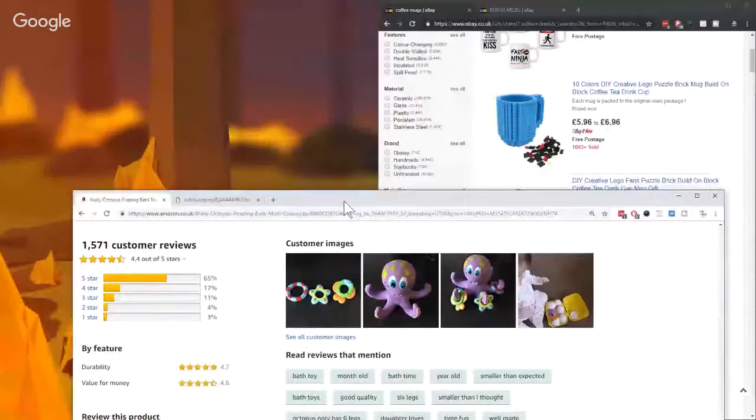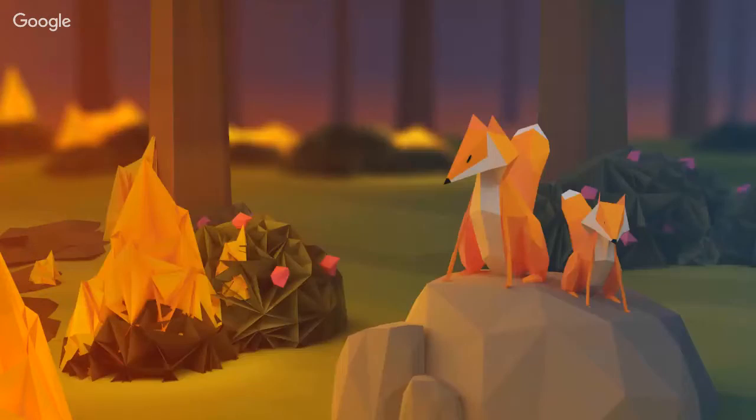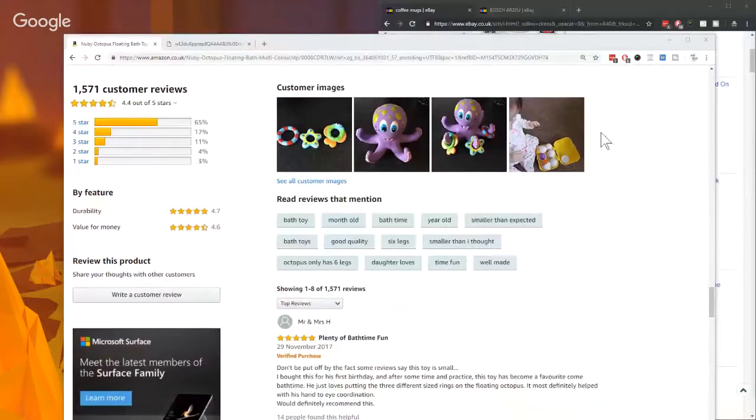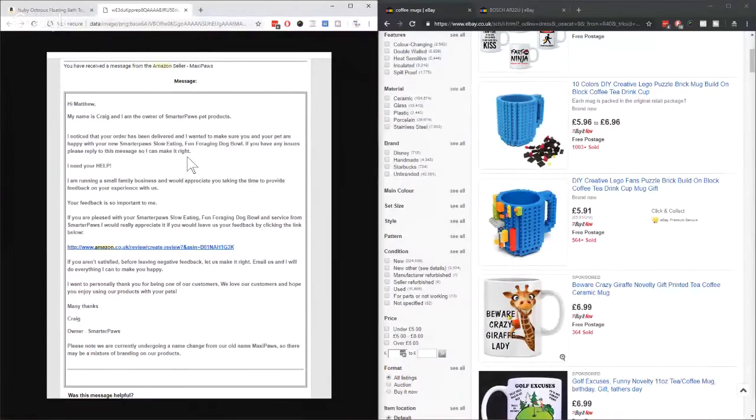So if we go back to that image, which we had a few moments ago, which was down here somewhere, which I've now lost. No, I've lost it. Oh, sorry, it was on that tab just there, my bad. So that is exactly the reason why Craig is asking for a review on the product, because it's vitally important, because the short answer is that the more reviews a product has, the higher chance that the product has of selling. I'm sure I'm speaking to the fully converted.